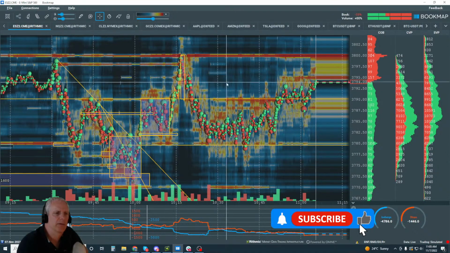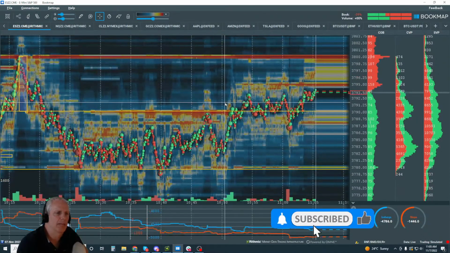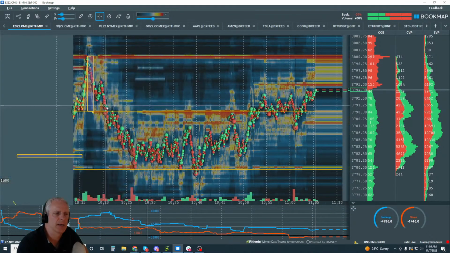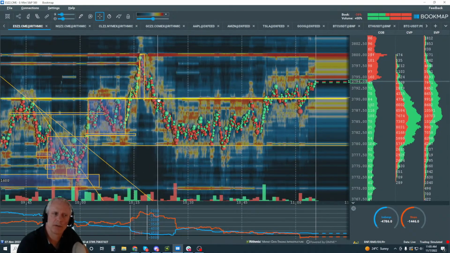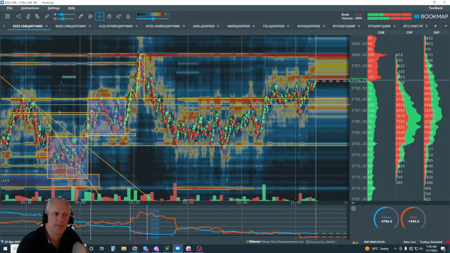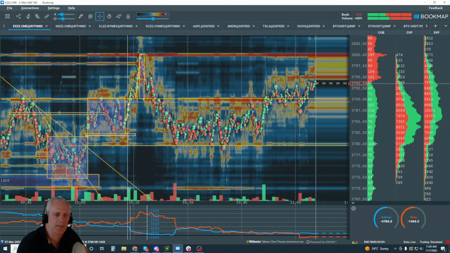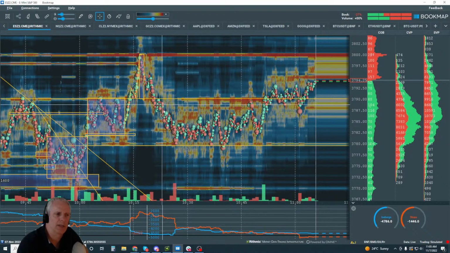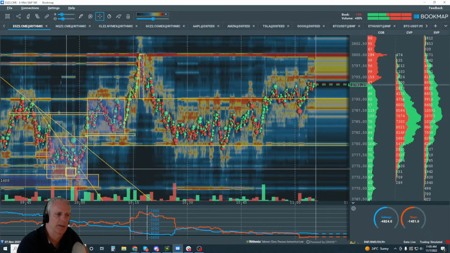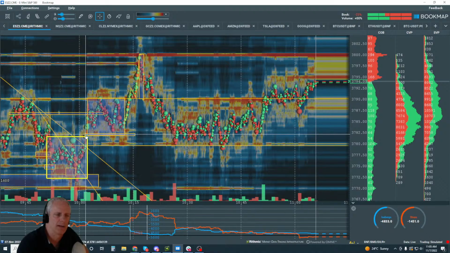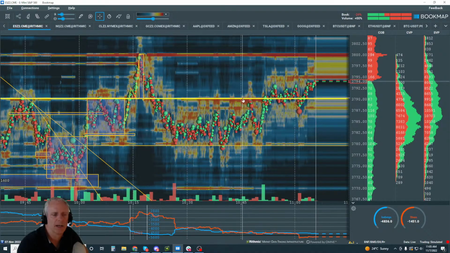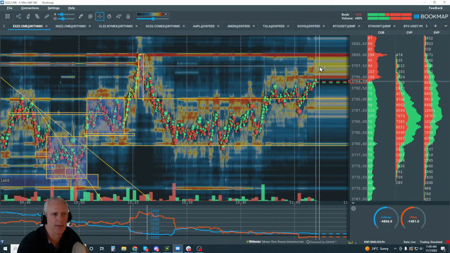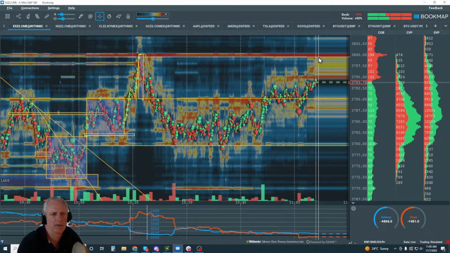Guys, this has been a really choppy session, but we're reading it pretty well. Our lines are pretty good in here as well, as you can see, based off of the market structure that we're reading. We talked about a potential breakout and then a potential pullback and mean reversion. We talked about mean reversion down here as well. It's all over the place. And then we see the breakout again, and this again looks pretty good for trading back up to 3,800 here.